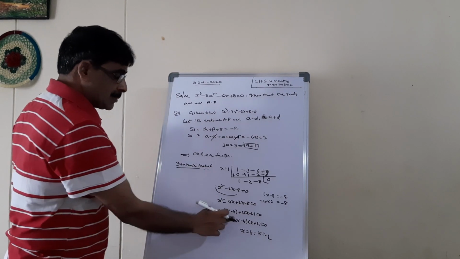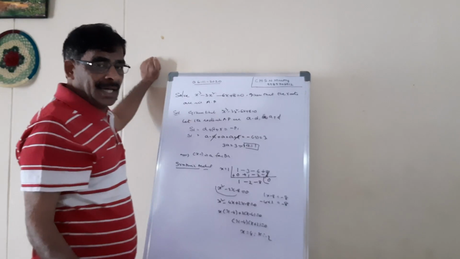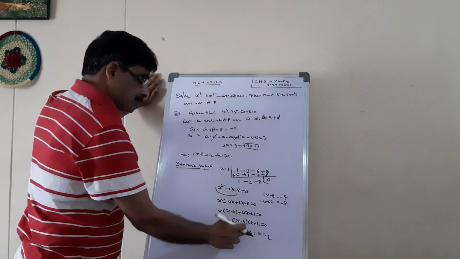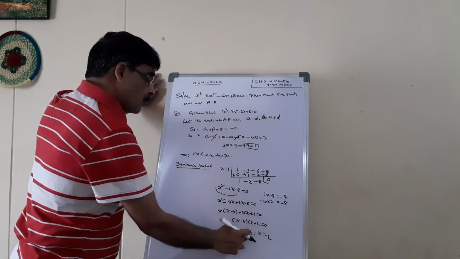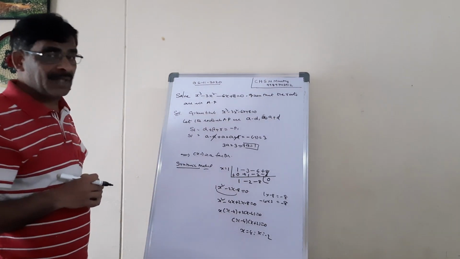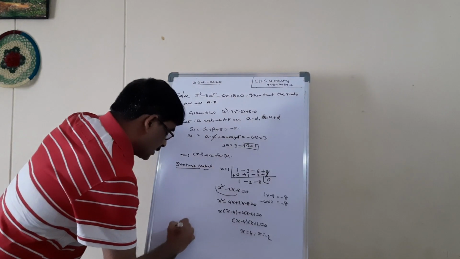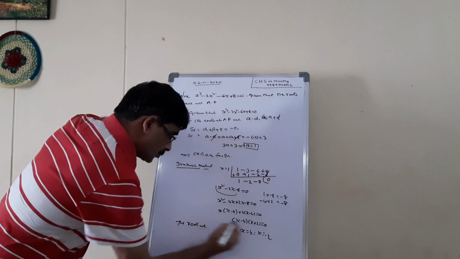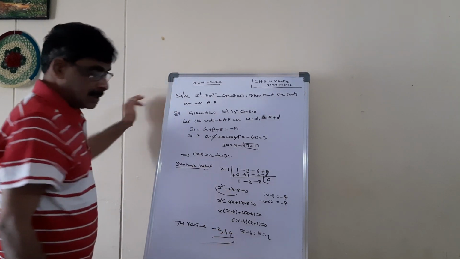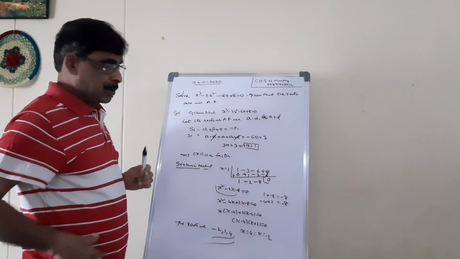It means x minus 4, x plus 2 and x minus 1 are the three factors. We want the roots. Roots means minus 2, 4 and 1 are the roots of the equation. This is the first problem. So, write the roots are minus 2, 1 and 4. This is a small problem based on the arithmetic progression.